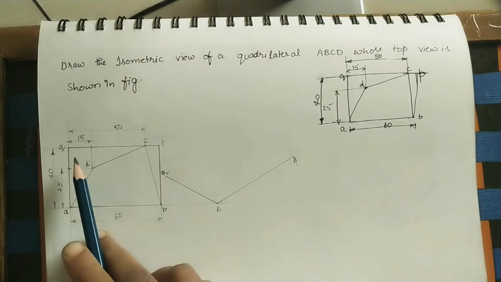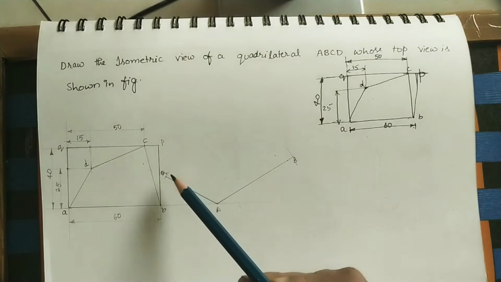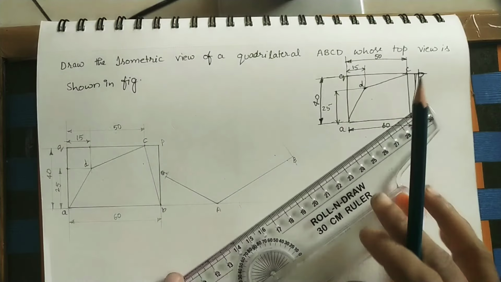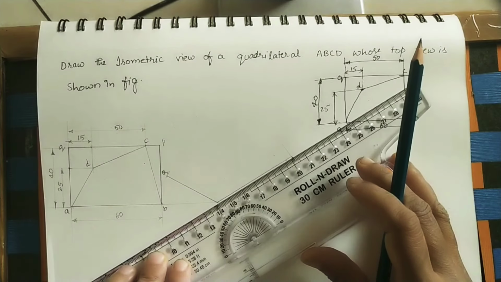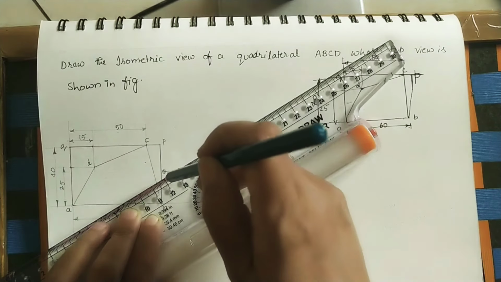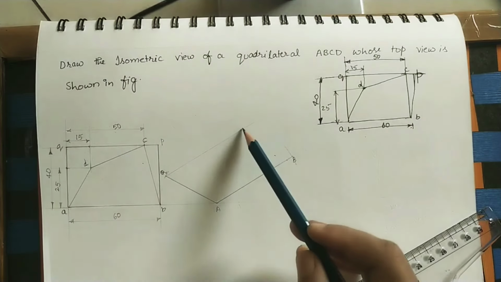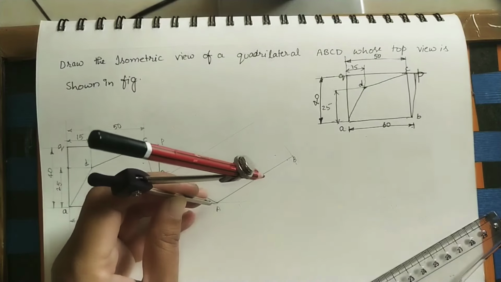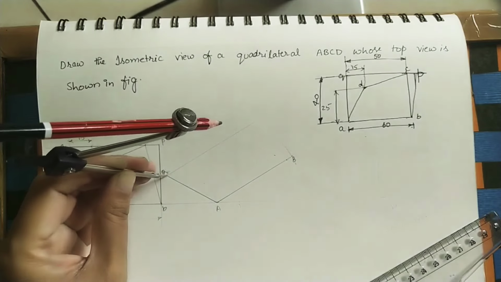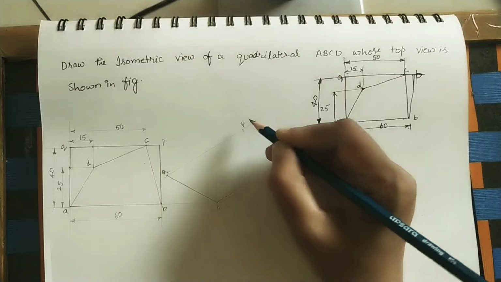Now after that, draw the QP line. The QP line is parallel to the AB line. Here also the QP line is parallel to the AB line. I am using the roller scale. Use a drafter scale. Fix the drafter scale here and move the scale in the upward direction up to Q. Draw the line. How much length? Whatever the AB length is, mark that. How much is the AB length? 60. Or from this diagram, take that length. This point is the P point. Make it dark.